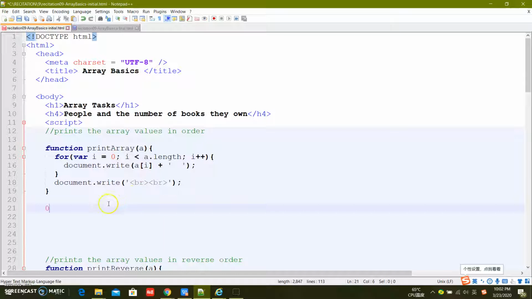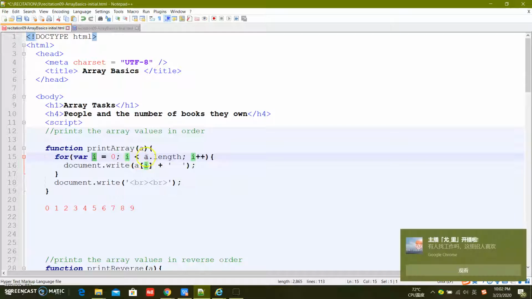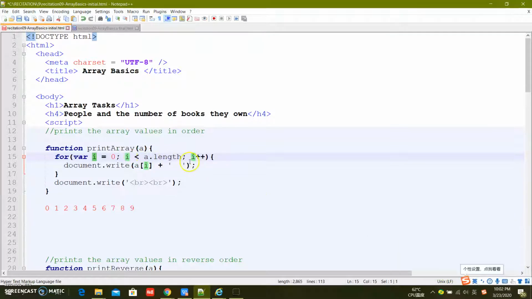Maybe I have, remember this one, 5, 6, 9. So for the first iteration, i equals 0, and 0 of course is smaller than 10, right? Smaller than 10, and a[0] right here, let's say I assume that is 44, right? The first one, 44. So in this way, it will output the 44